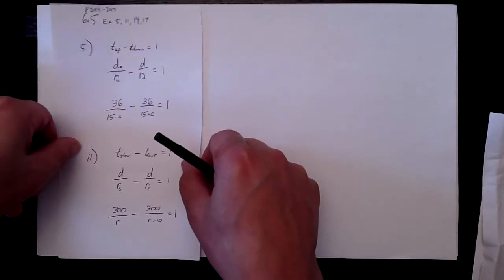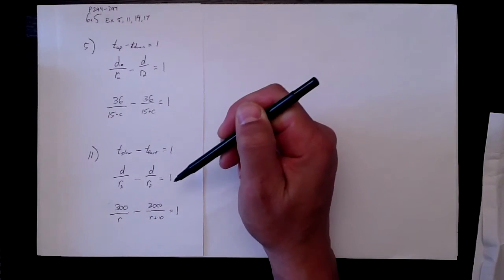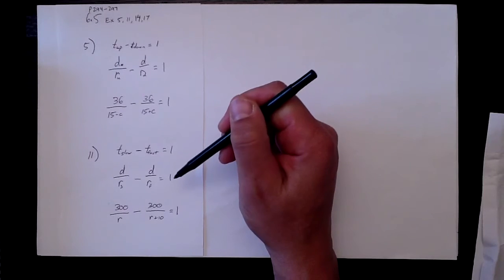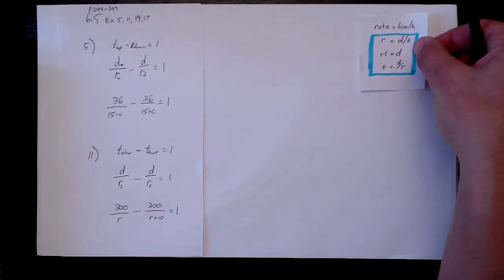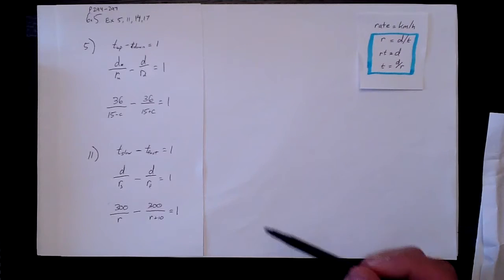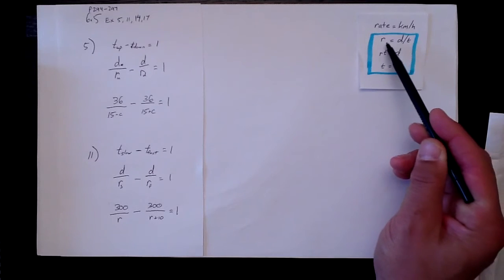Okay, this is the video for number 14 on page 296. In our last video we went over numbers 5 and 11, both of which were rate times time or distance rate time issues, and we came up with the following formulas that we just kept off to the side so that we could remember that if the book gives us one of these,